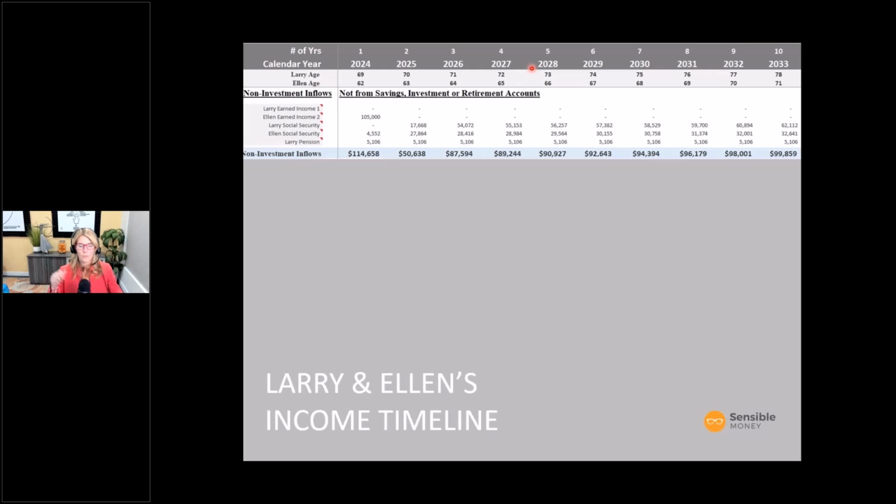And I think, Dana, this may be our last question here. Assuming one has several types of accounts, is it better to withdraw first from a taxable account versus a tax-deferred account? And in what situation is it not better?